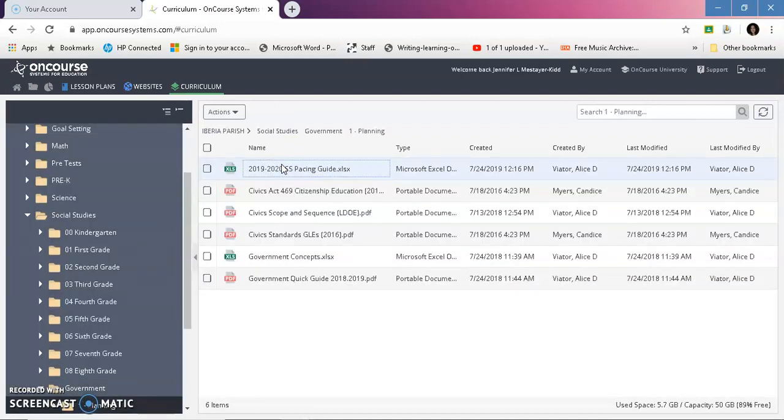And for government, you're going to see something called the quick guide. The quick guide is what myself and Kelly Moore from Niche did. We took the actual scope and sequence of the state, and we edited it down to a 90-minute block. Now we're going to have to go back and use the timing and pacing of the original state document. So again, it's right here in the state document.